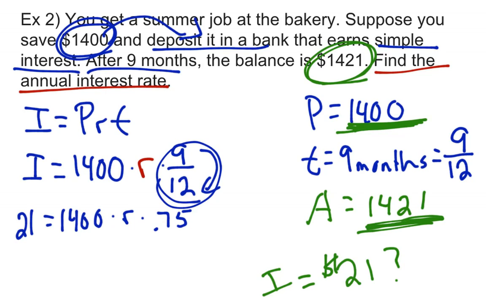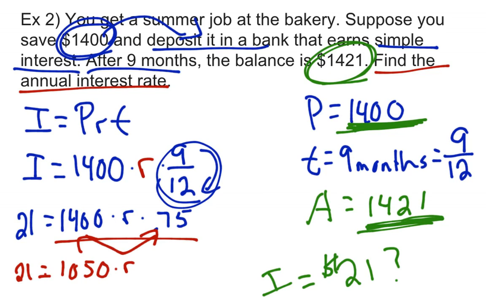Now, when I'm trying to solve this part of the equation, the 1,400 times R times 0.75, one way to simplify this is to multiply the two that we know. So I'm going to get 21 equals 1,400 times the 0.75 gives me 1,050, and that is still times the R. And because I combined those two, now you guys know how to solve this. We would divide by the 1,050. They cancel out. And 21 divided by the 1,050 gives us